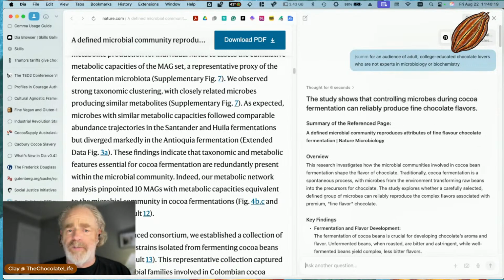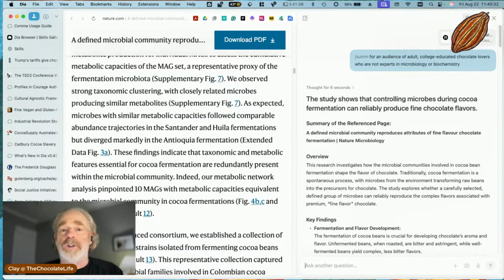So I can say I'm a professional researcher, I'm a journalist, right? I want something which is conversational, or I want something which is technical. And so I can get Dia to do that for me, which is not unusual. If I go to Claude or ChatGPT or Gemini or the other LLMs, I can do this. But what's really, really nice